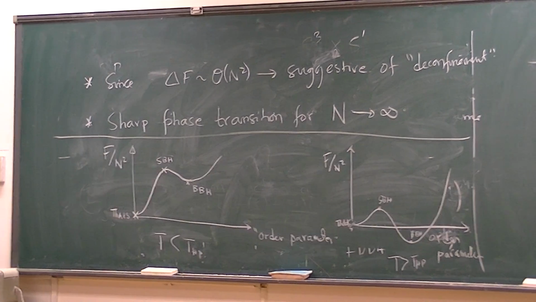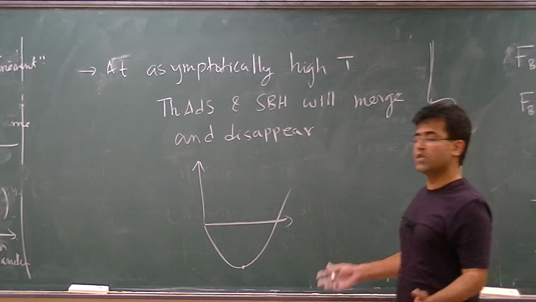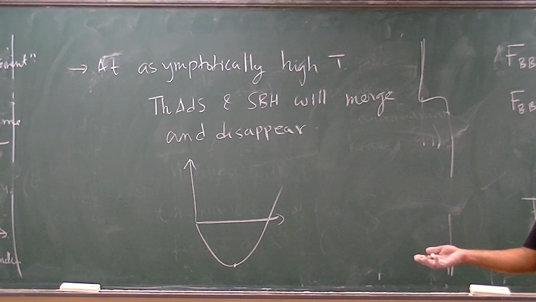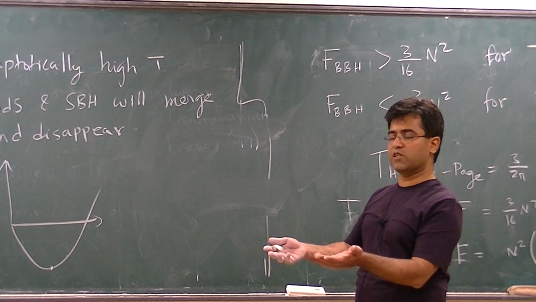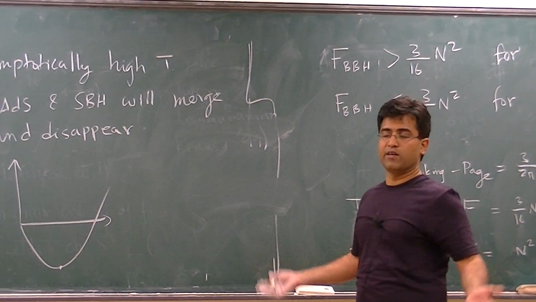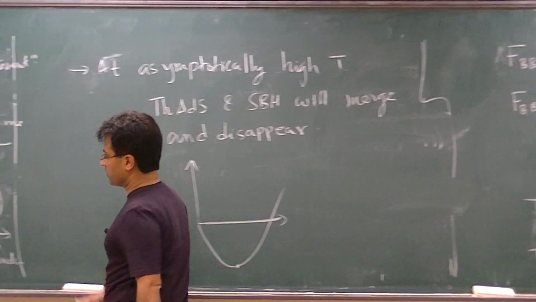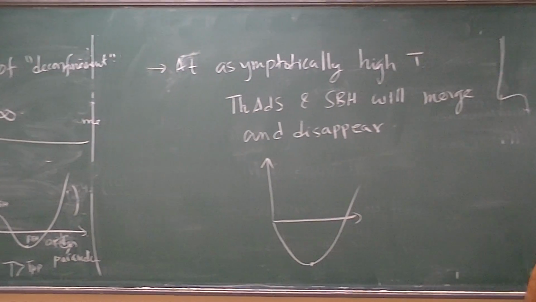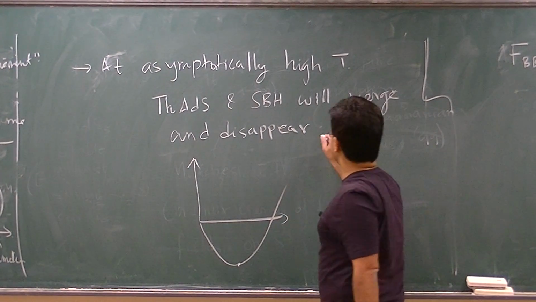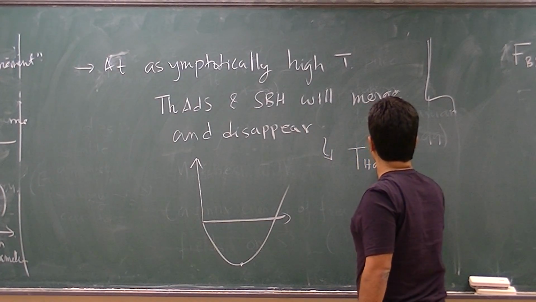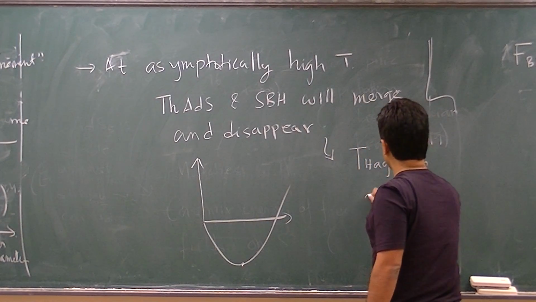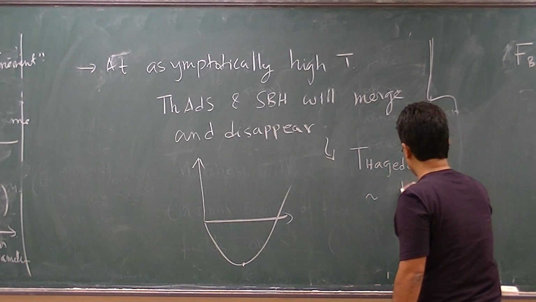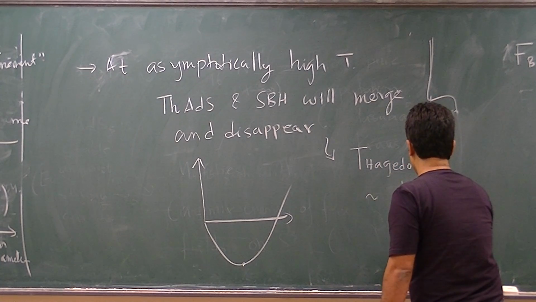The temperature at which that happens is what's known as the Hagedorn temperature. And that Hagedorn temperature is kind of universal, because the same effect is expected if you take string theory in flat space and you just heat it up, there is a Hagedorn temperature. So that Hagedorn temperature is dictated by string scale physics. So this happens at T Hagedorn, which is of order 1 over square root of alpha prime,